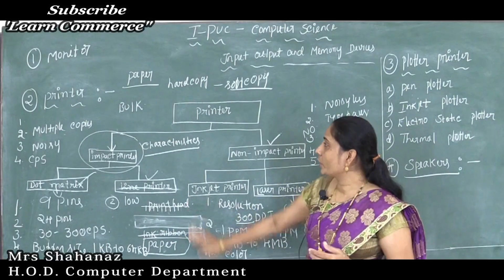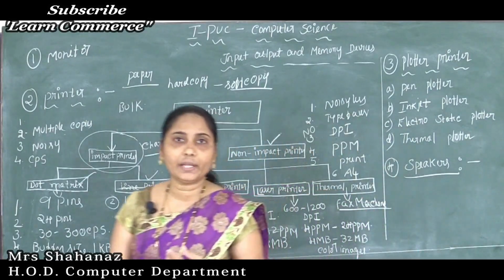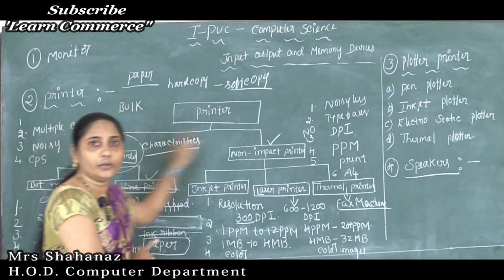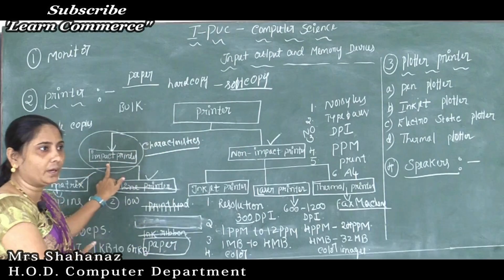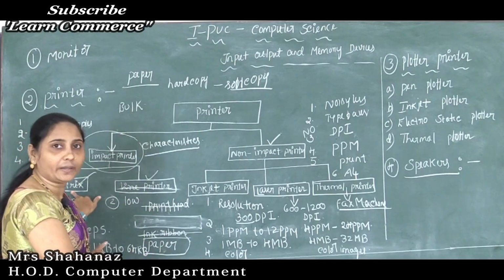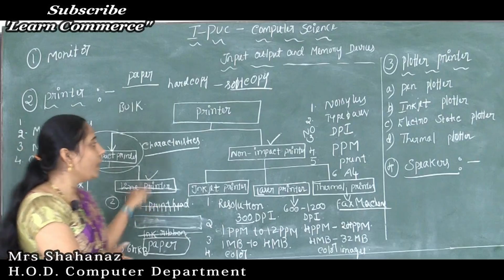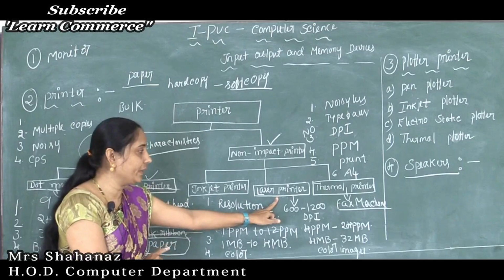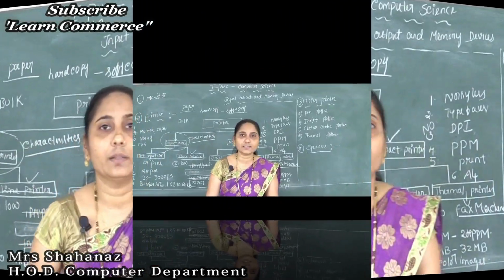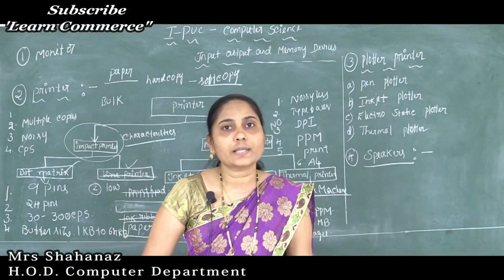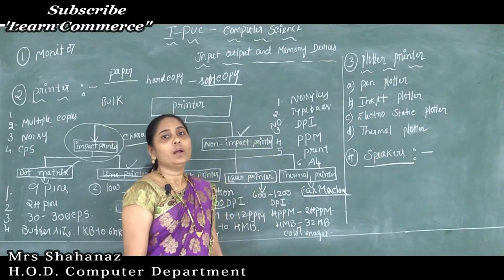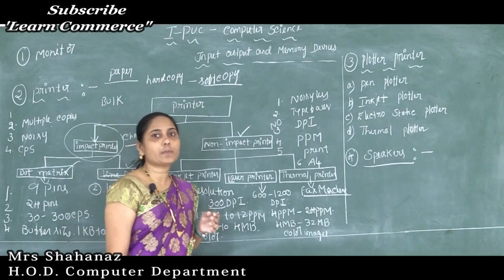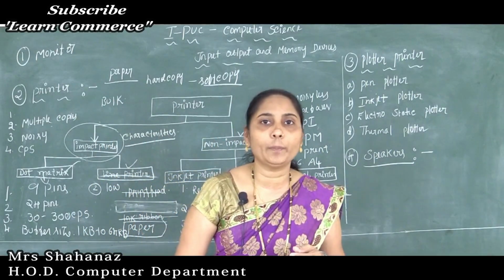So it is clear now about each and everything about our printer here. First I started from the printer. We know the impact and non-impact printers. In impact printers there are two types, dot matrix printer and line printer, and in non-impact printers there are three types: inkjet printer, laser printer and the thermal printer. In the last class we studied some important concepts from output devices. The output device name is the printer, and we know some of the types of impact and non-impact printers.